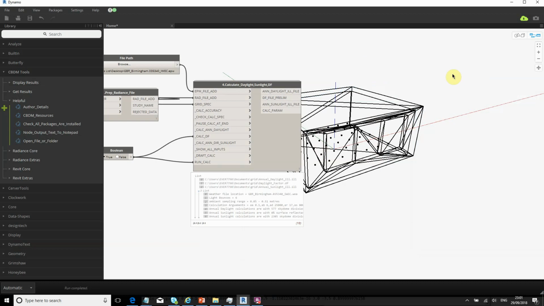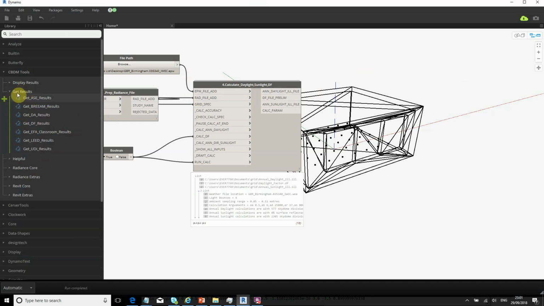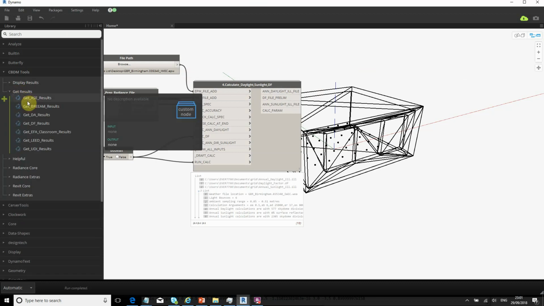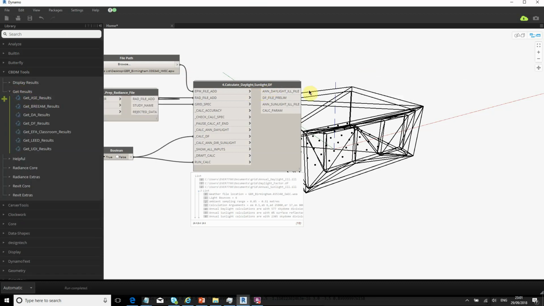With climate-based daylight modeling, I'm not that interested in daylight factor, because you'll either know it, and I've already suggested if you're only interested in daylight factor, you are not in the right place. I use Relux for daylight factor, with the ray tracer, not the radiosity method. Okay, if you go to get results here,